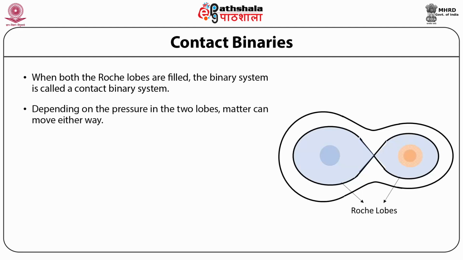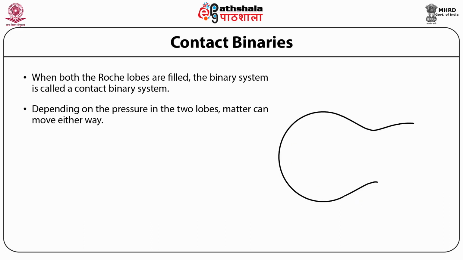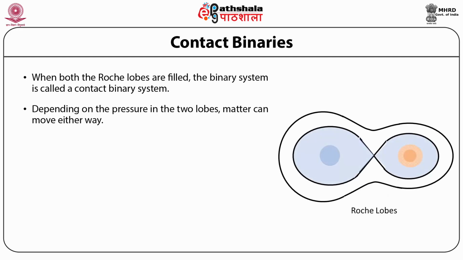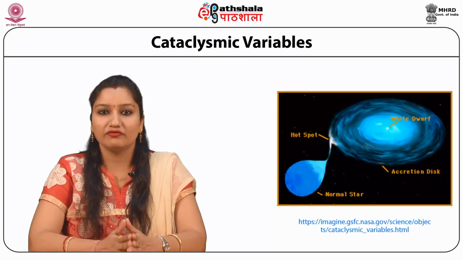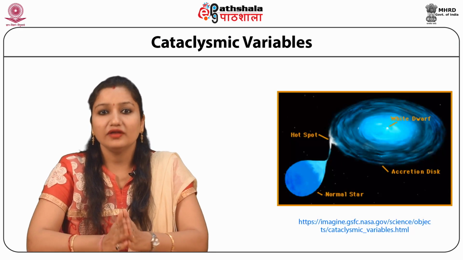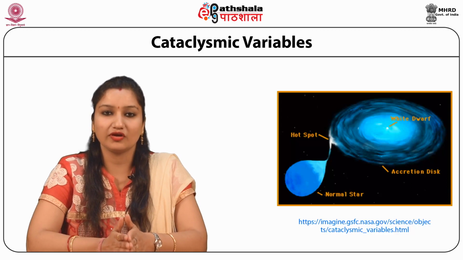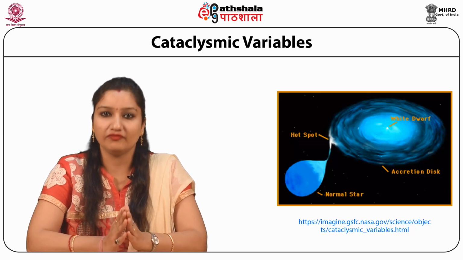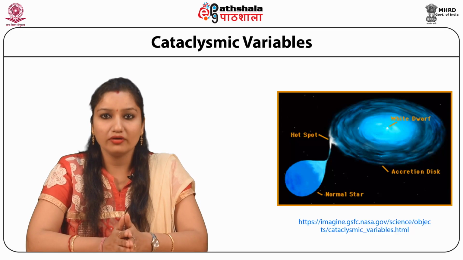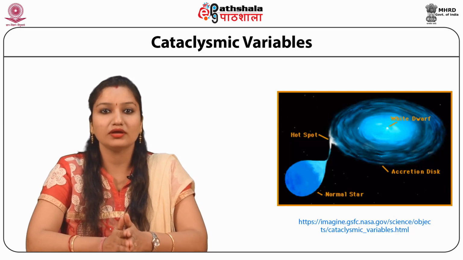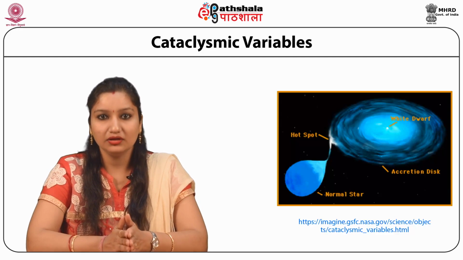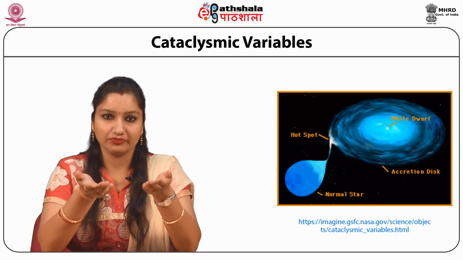Depending on the masses of the two components and the state of their evolution, there can be a variety of phenomena that can take place. We give here a few interesting examples of such phenomena. Cataclysmic variables. Let us suppose one of the components of the system is a compact object, a white dwarf star, a neutron star or a black hole, while the other is a normal star.